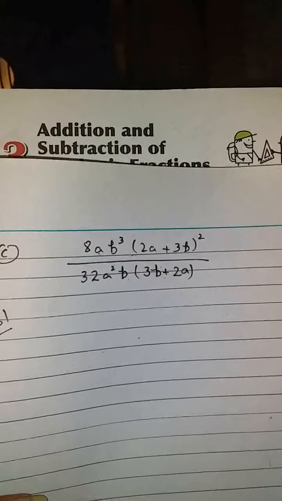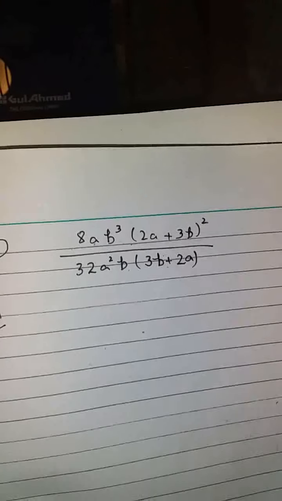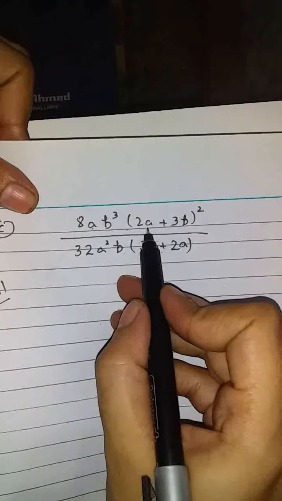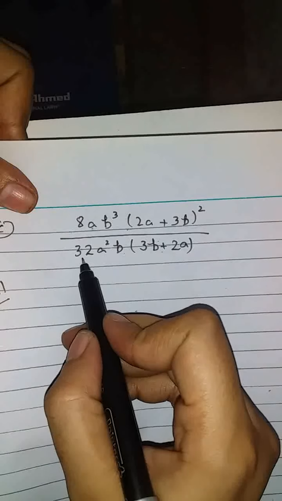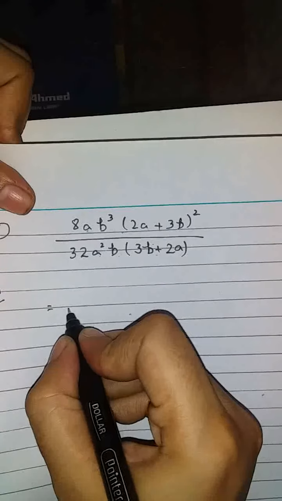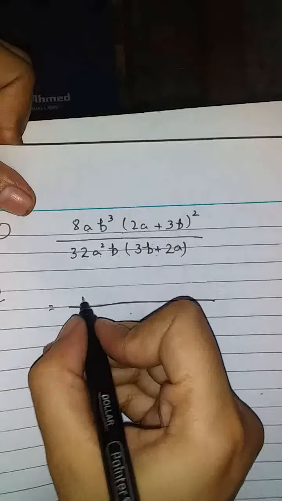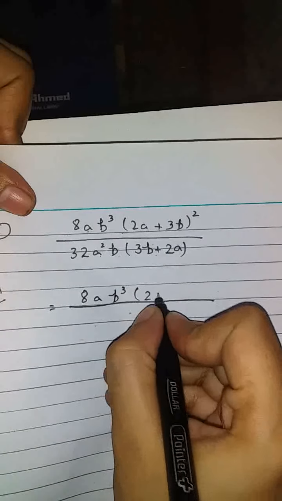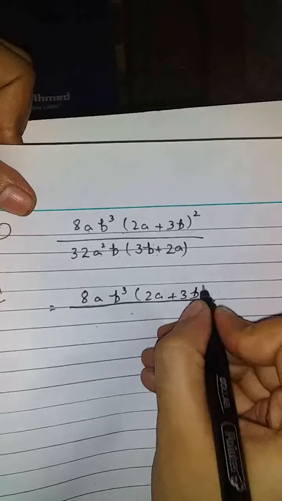Okay class, after this now we start the c part. C part is 8ab³(2a + 3b)² divided by 32a²b(3b + 2a). Got it? Now, 8ab³(2a + 3b)²